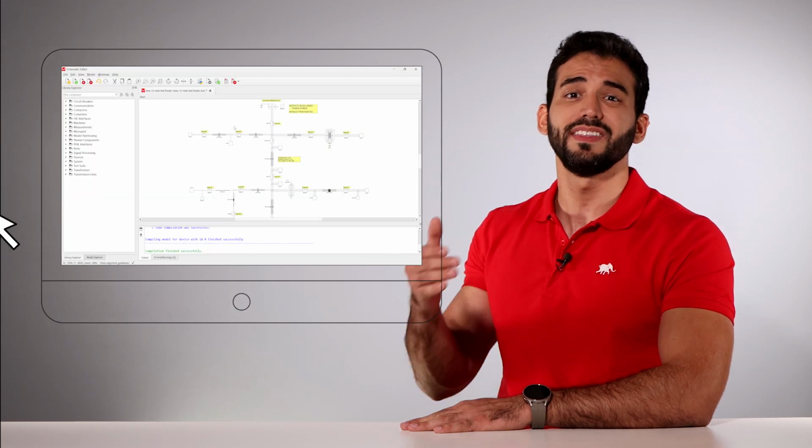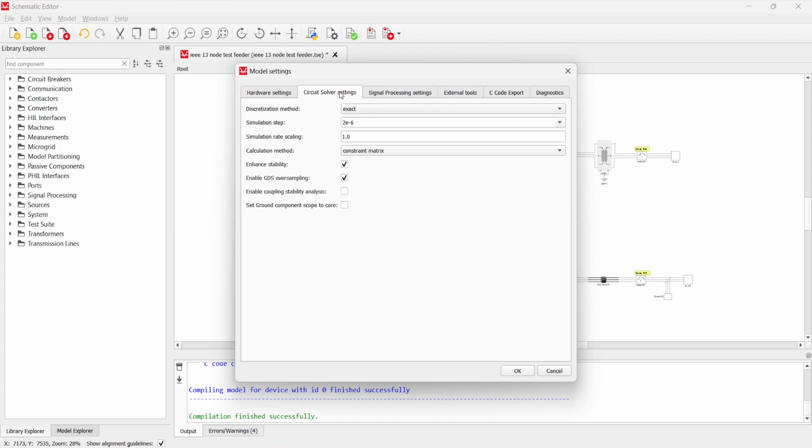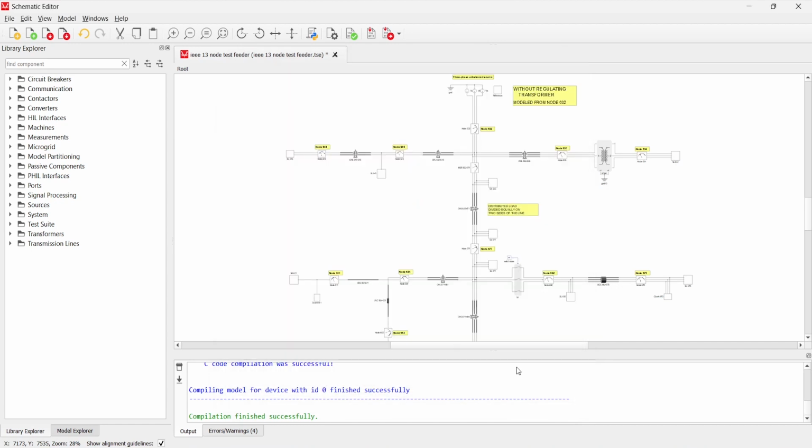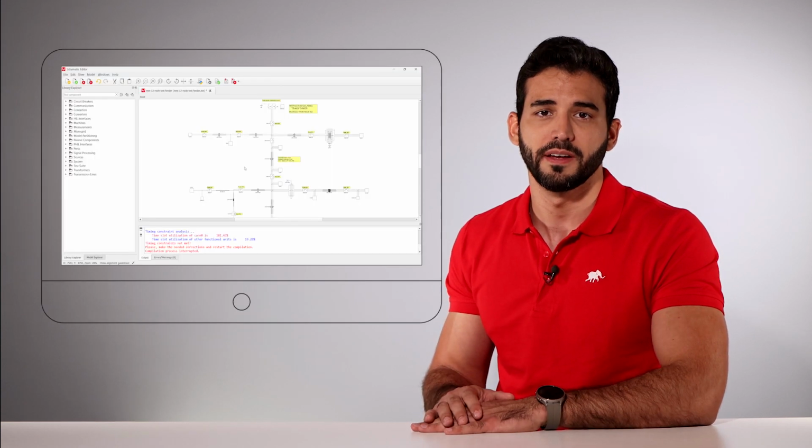Now let's revisit the model settings. By reducing the simulation step to 1 microsecond and recompiling the model, we observe that Core 0 presents timing constraints. While it's possible to partition the circuit across different cores to maintain the lower simulation step, this new feature allows you to, for example, specify an intermediate simulation step between 1 and 2 microseconds. This gives you better flexibility over your hardware utilization without necessitating the partitioning of the circuit into different cores.